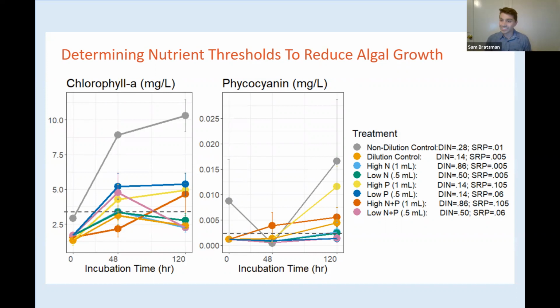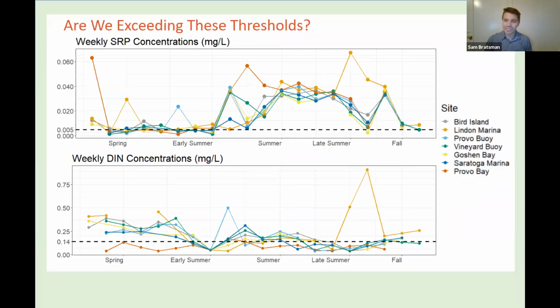So we looked at this distinction, looked at the amount of phosphorus and nitrogen in the groups, and we set these thresholds where we know if there's below or about this much phosphorus, we're not going to see a lot of growth. And if there's more, we are going to see growth. So we took these thresholds and we looked at some of the weekly data that we had from another project